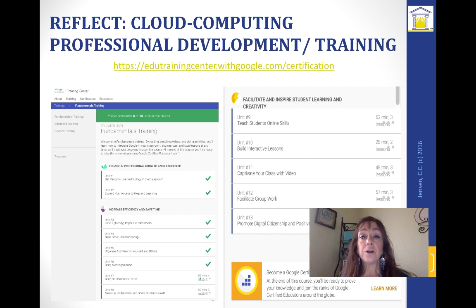I mentioned earlier about Google Drive and Google products. There are Google certifications, I should say, that are available that are free. And here is the website for that. I highly recommend you do that. I'm not going to require that as part of this course. I think for my master's program that I'm redesigning right now, I will require it. And for another course I'm teaching in the Native Institute, I do require it. But